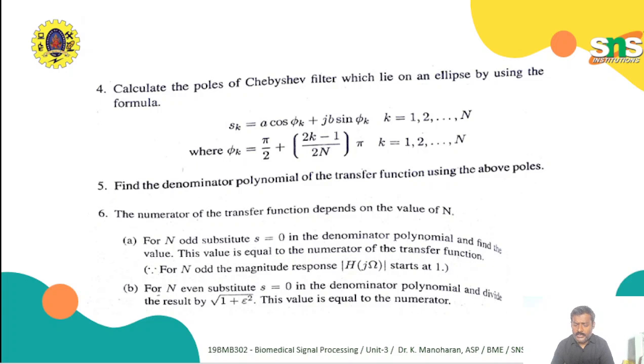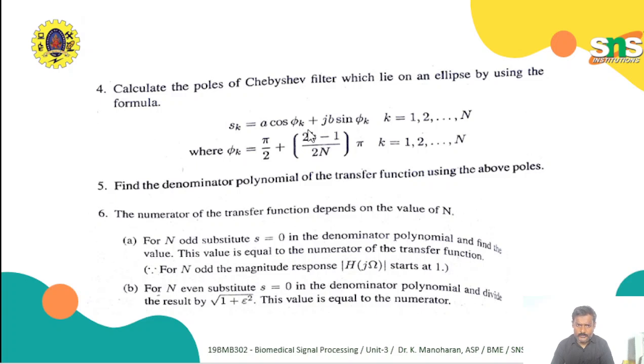If the order of the filter n is 4, we need to take k from 1, 2, 3, 4. For substituting, we need phi k. Phi k is given by pi by 2 plus (2k minus 1) divided by 2n into pi, where k is equal to 1 to n. By using this phi k, we can find Sk. Sk is the pole. S1 is pole 1, S2 is pole 2. Like that, if the order of the filter is 4, we can find S1,